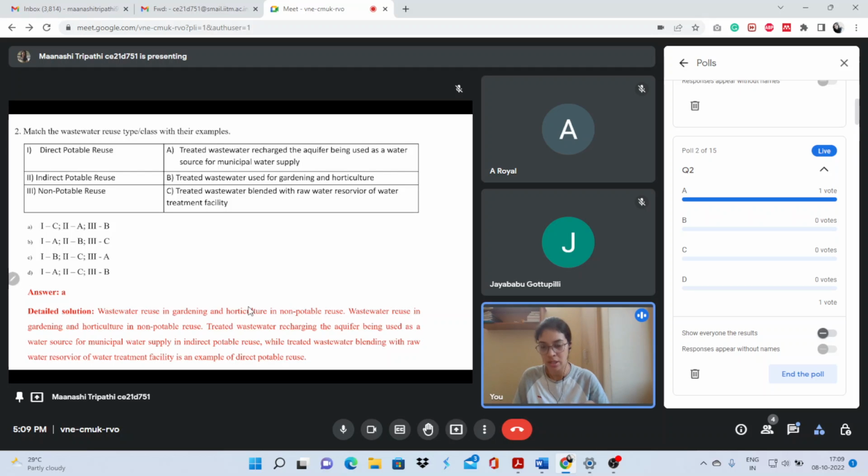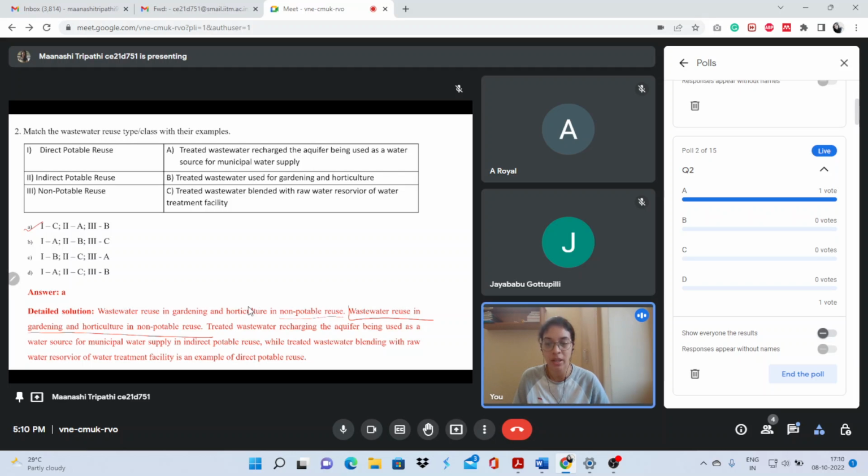We'll see the solution. So the solution is A. Yes, you're right. The wastewater reuse in gardening and horticulture is non-potable use. Treated wastewater recharging an aquifer means